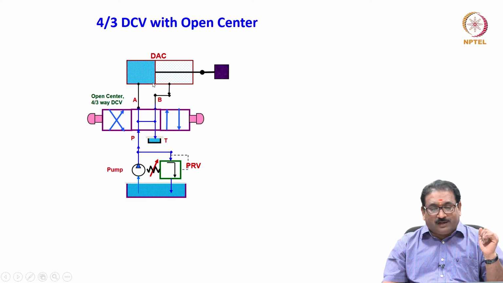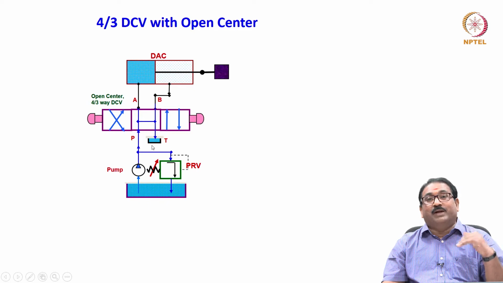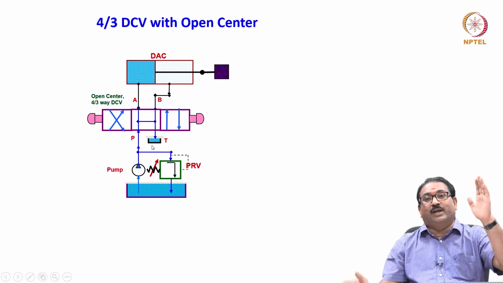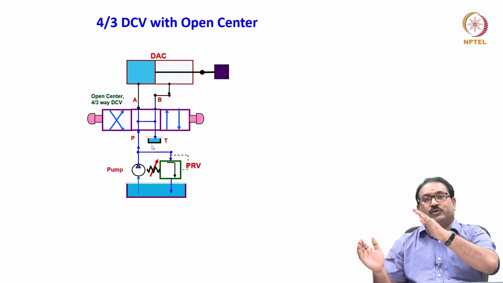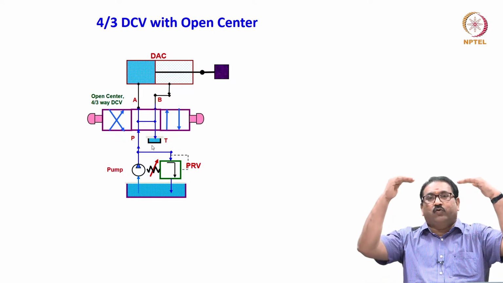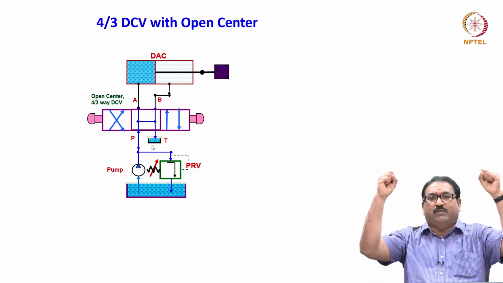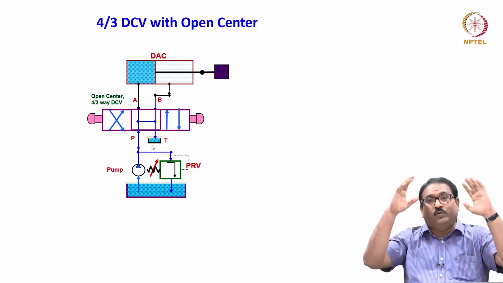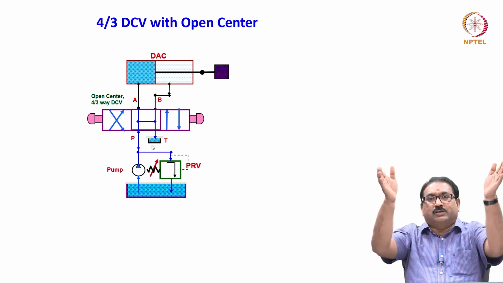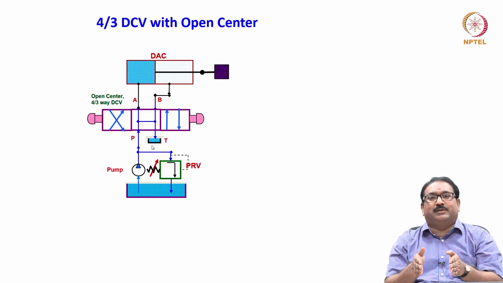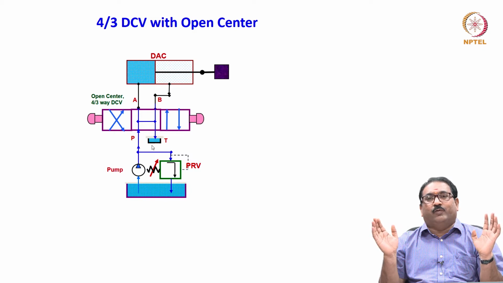Similarly, you will see the actuator, whatever actuator pressures are there, they are released. But you will see in the closed center, whenever you move from one position to another position, actuator ends are subjected to heavy pressure. But in the open center, no need to worry about the actuator ends, because all are connected to each other, going to the tank. Also, pump you need not worry, because pump is sending the flow to the tank.